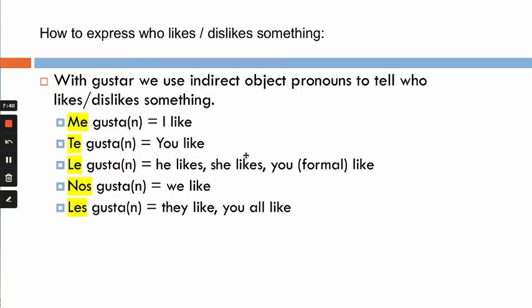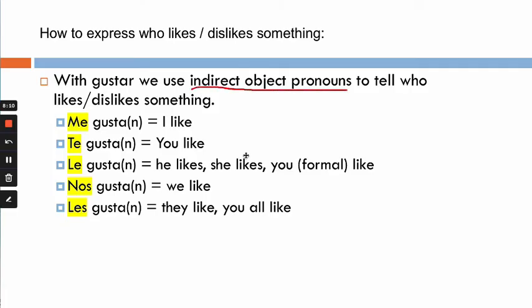With gustar, we're going to use our indirect object pronouns to tell who likes and dislikes something. So with our regular verbs like hablar and cantar and dibujar, we conjugated those verbs, we had our subject pronouns, we had all the various different verb endings. Gustar doesn't do that. As you just saw, we only can conjugate it as gusta or gustan. And it also doesn't use the subject pronouns. Instead, it's going to use